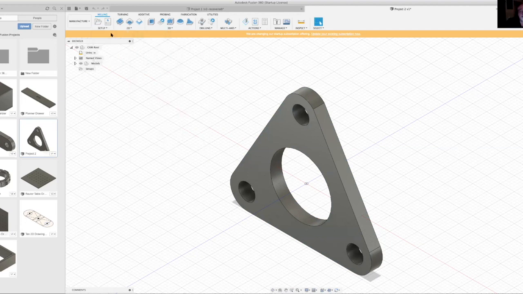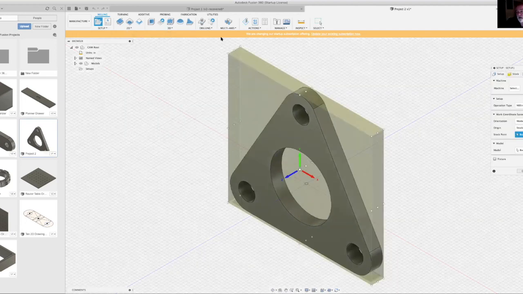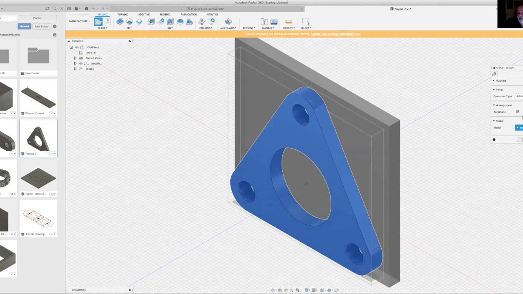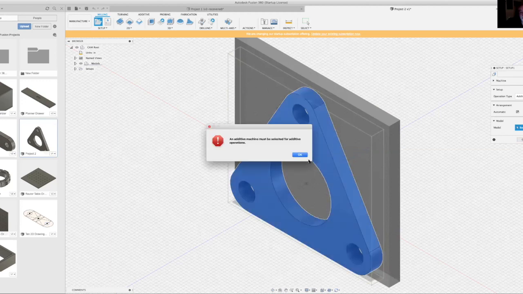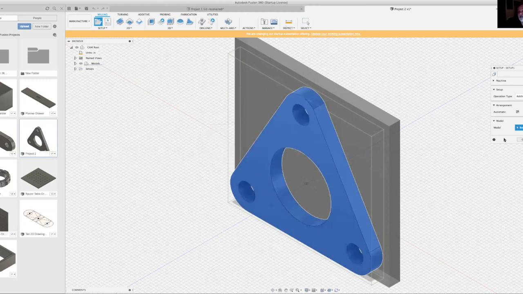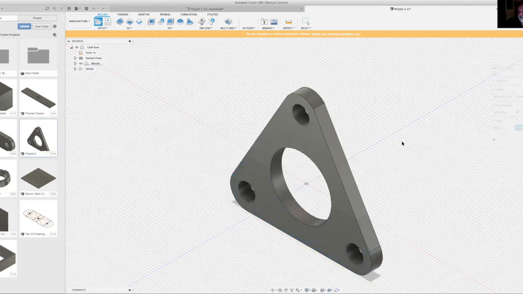So what you do is you go in and you do a setup. And over here where you select your machine, you can select milling, which is what you would do for your CNC, or you can select additive, which is what you do for a 3D printer. You then tell it what body you want to do, and oops, the additive must be selected. Okay, so I skipped over a step there because I was trying to jump ahead. So I go back to my setup,